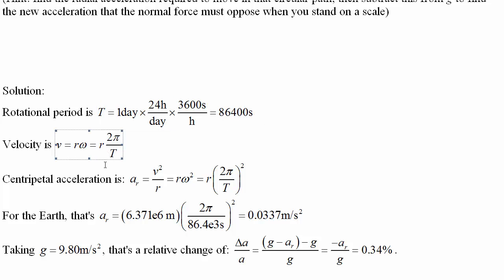Velocity is r times 2 pi over the period, so r omega, where omega is 2 pi over period. Centripetal acceleration would be a_r equals v squared over r, or omega squared r, with omega being 2 pi over period. For the Earth, we get a radial acceleration of 0.0337 meters per second squared. And since we're going to take gravity as 9.8 near the Earth's surface, this is a relative change of